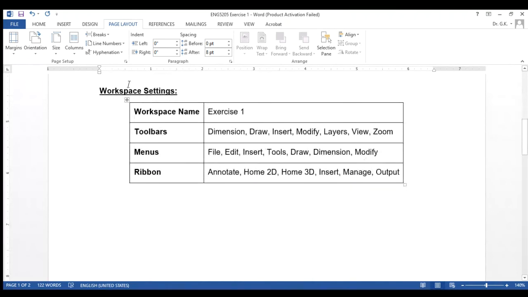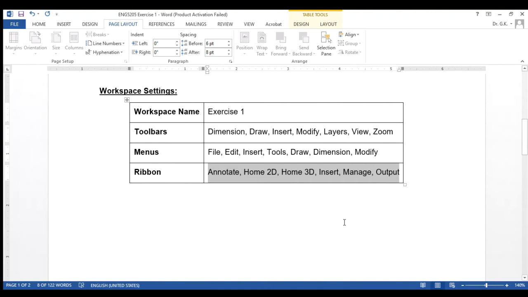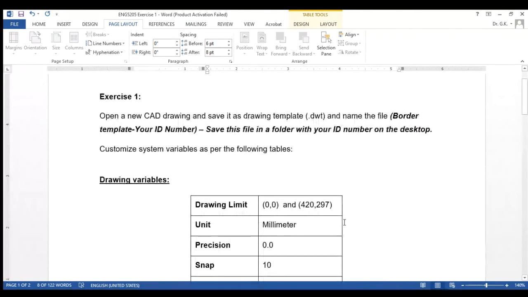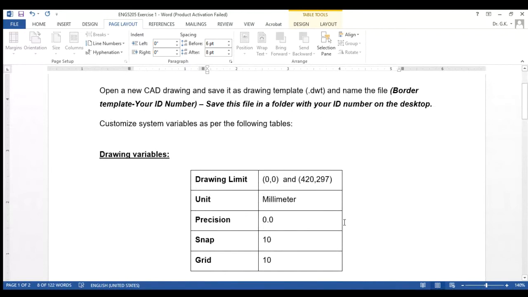And then workspace settings: the workspace name you have to enter as exercise 1, and we need all these toolbars, all these menus, and the ribbon also in the workspace. Let us see how to create those drawing templates and then how to customize system variables as per the given data.